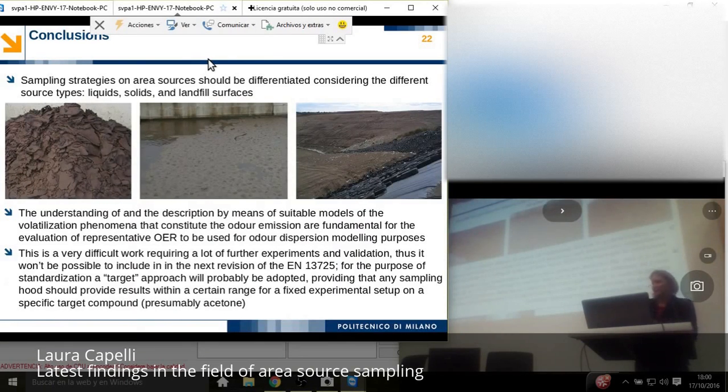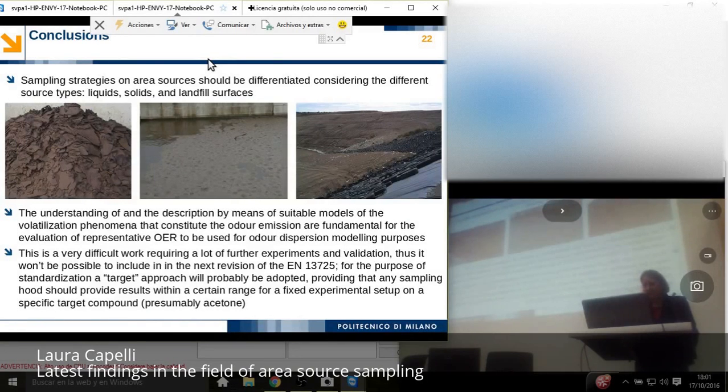And of course, from what I presented today, I think it's obvious that we are still far away from getting to a unique solution of what method to use and what equations to use, what models to use. This will require a lot of other work. Still, something must be written, and what will be the approach in the revision of the EN? Probably,